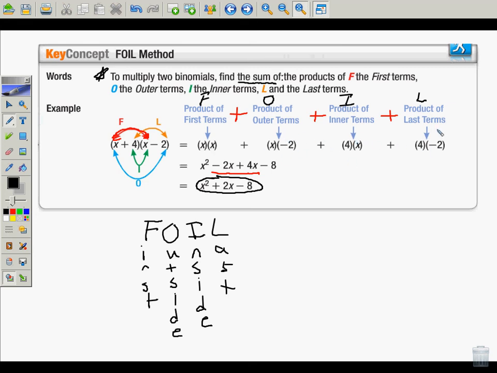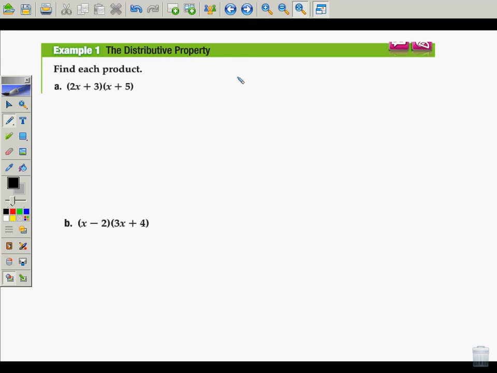So let's look at a couple examples. We want to find each product. To do that, I have two binomials, as you'll see there. So I'm going to use my FOIL method. So the first thing I do in FOIL, first times first. The first term in each binomial, so I get 2x times x, plus, then I do outside times outside. When I do outside times outside, I do 2x times positive 5